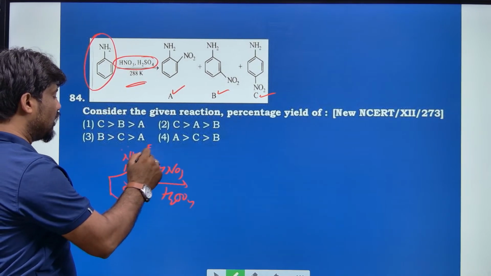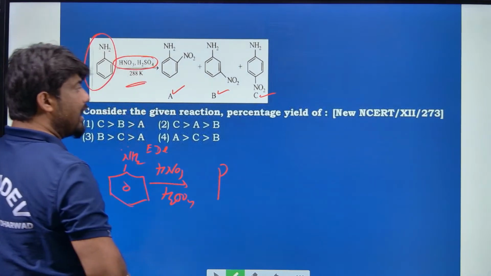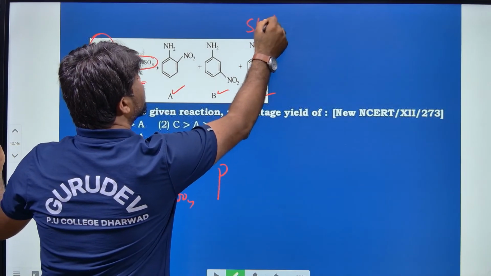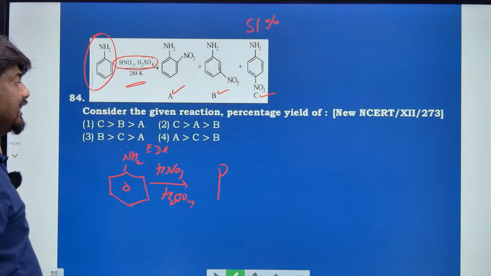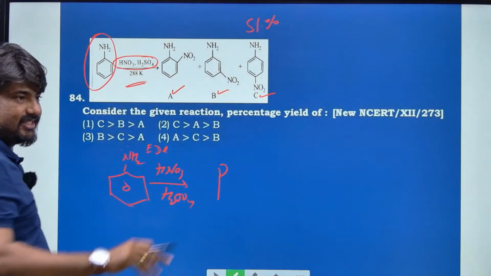The NH2 group is an electron donating group. Usually, preferably, we can get para as the major product. Here the para will be 51%. Next, ortho will be less. But